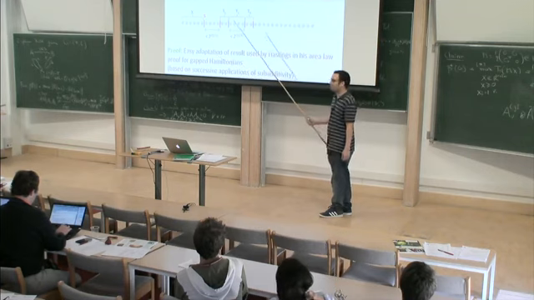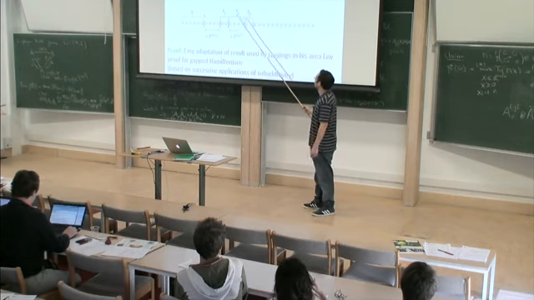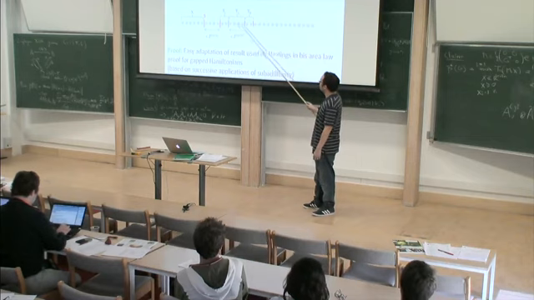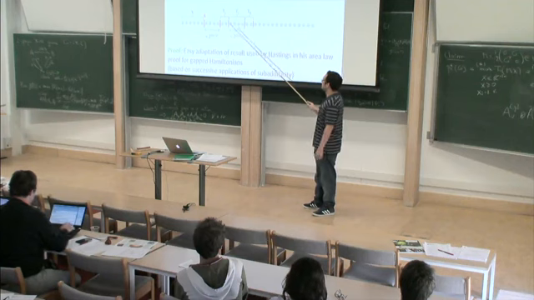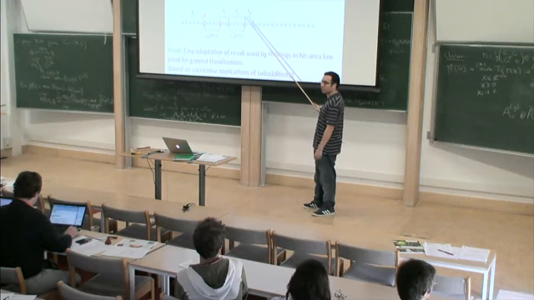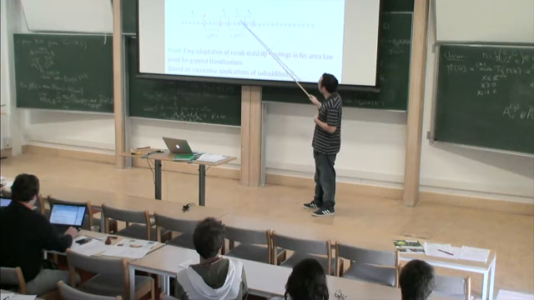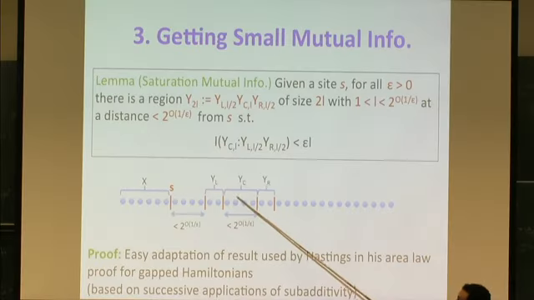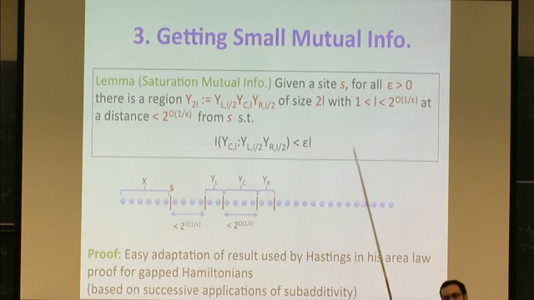And it sounds surprising at first, right? Because how can this happen? How can we have something so general? But it's really because we can change the sizes. So you say, well, maybe we choose a region and the mutual information is very big between this guy and the neighboring ones. But then for that to be the case, you must have a lot of entropy here, or a lot of entropy here. Then we can just choose a smaller region which is all inside here. And if the global state has a lot of entropy, mutual information has to decrease a little bit. And you keep doing that. You keep changing the region and the size until you find one where epsilon is as small as you want.